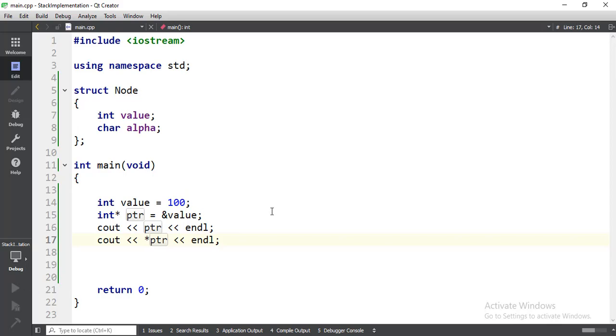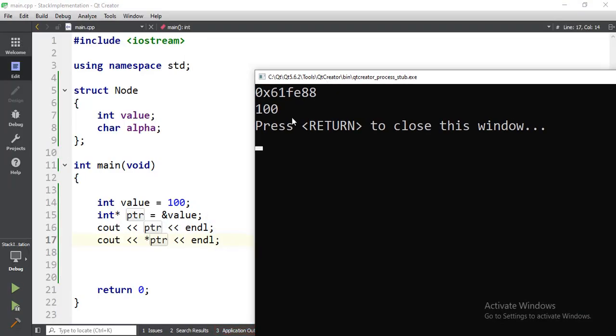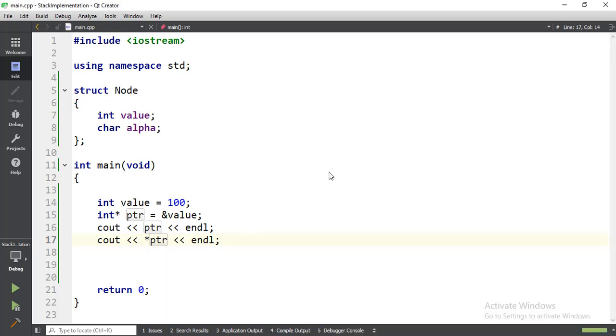So I'm going to run this program again, and this time I have displayed the value 100 that the pointer is pointing to, and this is the address of that variable. So this is a sort of revision for you because you already know that. One thing that you must keep in mind is that if you want to create a variable, for example,